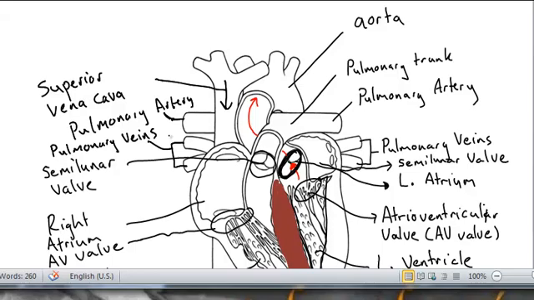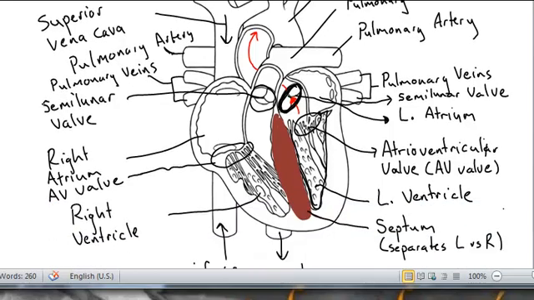Okay, so those are the key internal features of the heart. Really what we're focusing on is right atrium, blood flowing through the AV valve into the right ventricle. Blood flows out of the right ventricle through the semilunar valve to the lungs, back from the lungs into the left atrium, down into the left ventricle through the AV valve, back out through the semilunar valve to the aorta